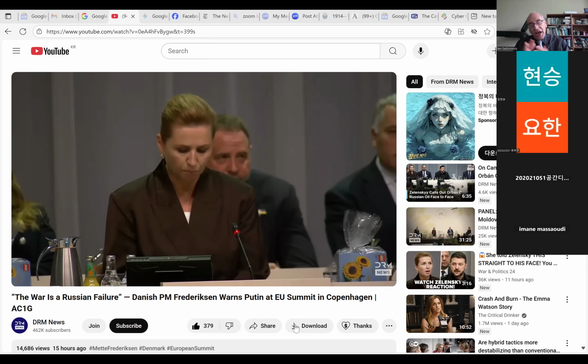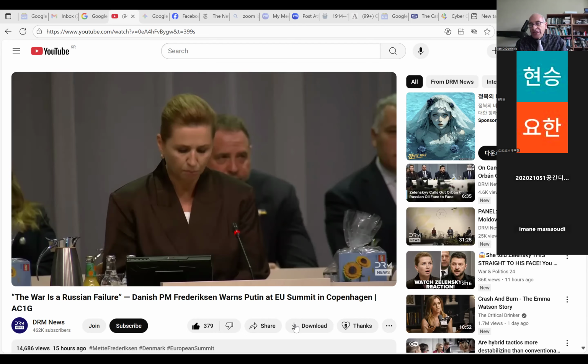They also decided to bring together a meeting of something called the European Political Community. The European Political Community is something that President Emmanuel Macron of France started 3 years ago in 2022 in response to Russia's invasion of Ukraine. It includes the European Union member states and everybody else that would like to join the European Union if they're not in it already. So you add the 27 member states plus 13 other countries like Albania, North Macedonia, Turkey, Norway, which is not in the European Union, and Switzerland, and so on.